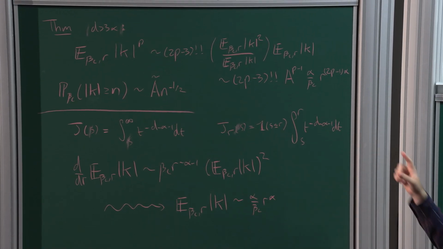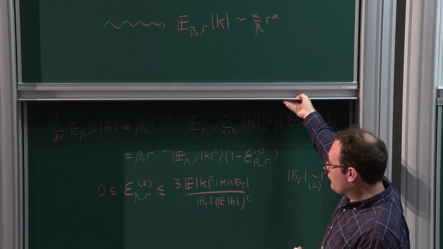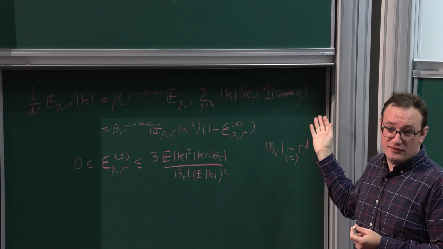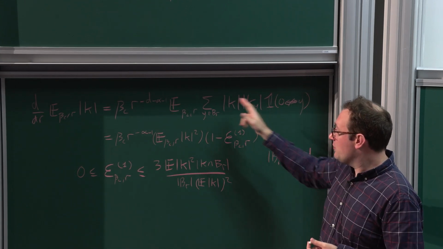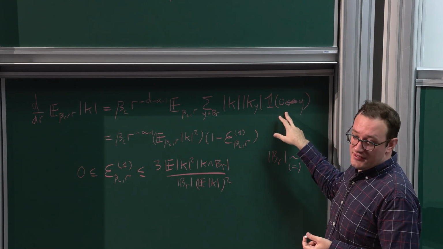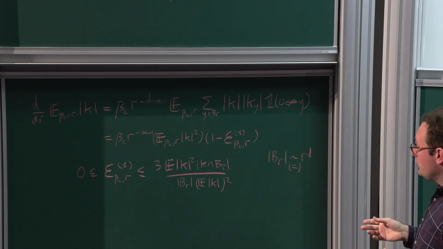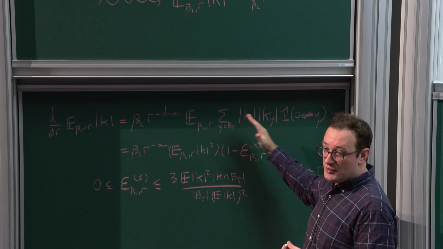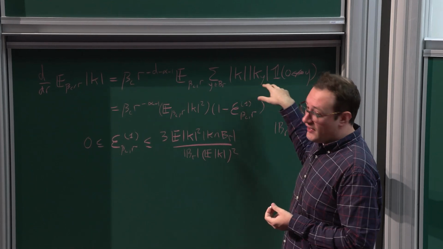Okay, so we showed that under this condition, D strictly larger than 3 alpha, that, well, first of all, we wrote down this exact expression for the derivative of the first moment. This is always valid, of course. It doesn't depend on what D and alpha are. And it involved this sum where you sum over all the points y in a ball, size of the cluster of the origin, size of the cluster of y, indicator that the origin and y are not connected to each other, okay? And what we wanted to show is that in the high dimensional regime, these two clusters behave just like they're independent from each other, in the sense that asymptotically to first order, these factor, right?